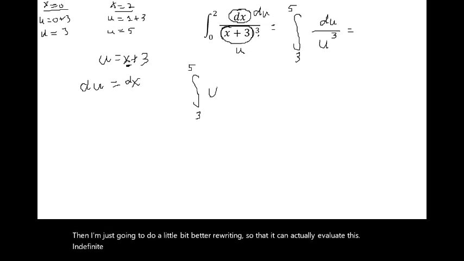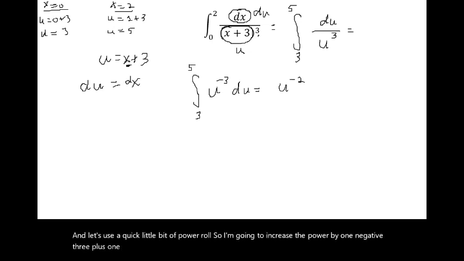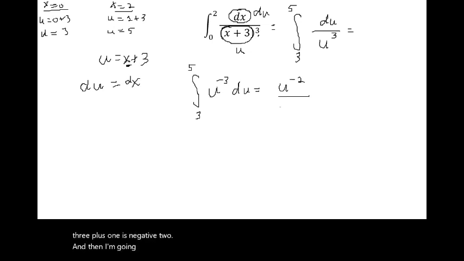So I've got u to the power of negative 3 du. And let's use a quick little bit of power rule. So I'm going to increase the power by 1. Negative 3 plus 1 is negative 2. And then I'm going to divide by that new power, negative 2. Since this is a definite integral and the C's are going to cancel out, I do not need a plus